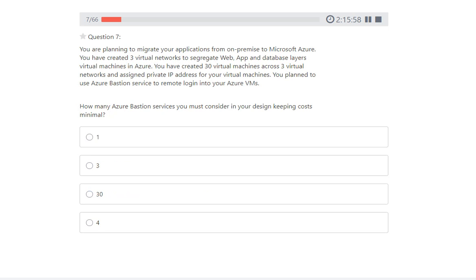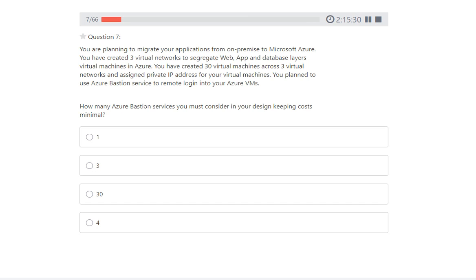You are planning to migrate your application from on-premises to Microsoft Azure. You have created 3 virtual networks to segregate the web, app, and database layer virtual machines in Azure. You have created 30 virtual machines across the 3 virtual networks and assigned private IP addresses to your virtual machines. You plan to use the Azure Bastion service to remote login to your VMs. So guys, here we are talking about 3 Azure virtual networks.